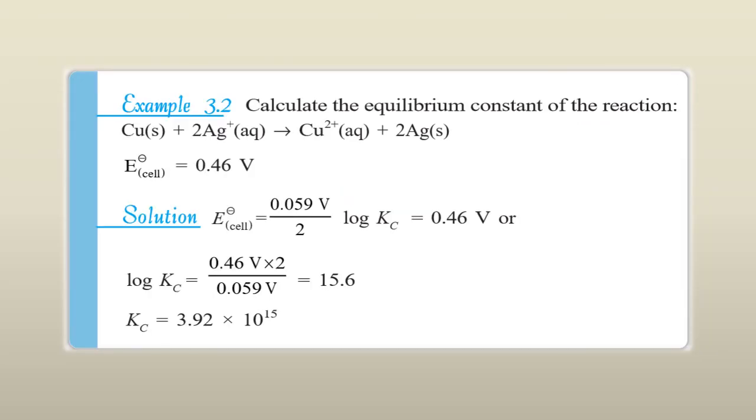Similarly, we are going to calculate the equilibrium constant with the given formula. We have the equilibrium constant formula: E0 cell is equal to RT upon NF into natural log Kc, and then we are converting the natural log into log by multiplying. Natural log is equal to 2.303 log, right? So whenever we convert natural log to log, we need to multiply with 2.303, and we are able to calculate the equilibrium constant value as well.